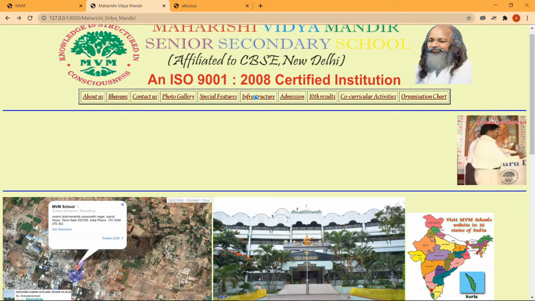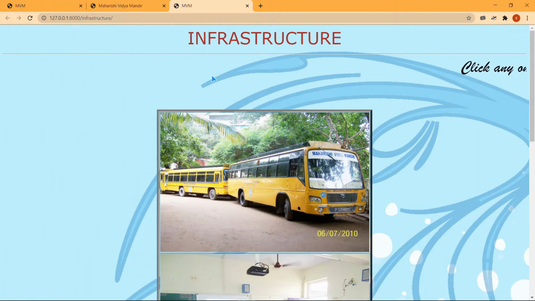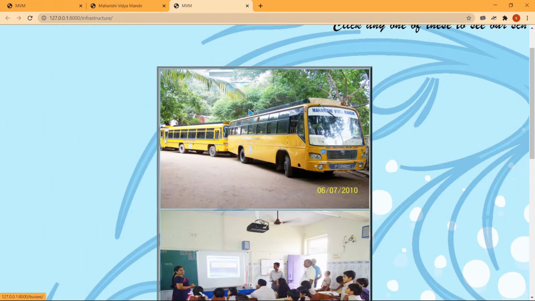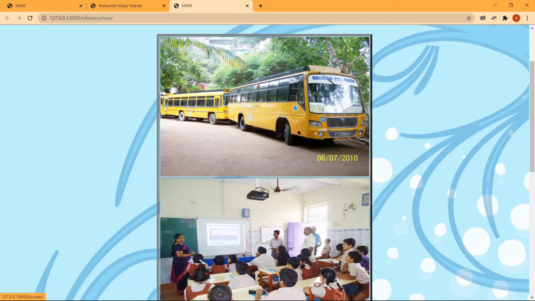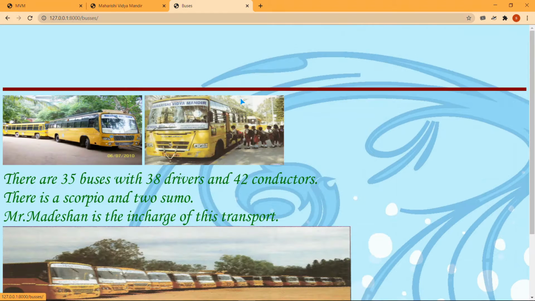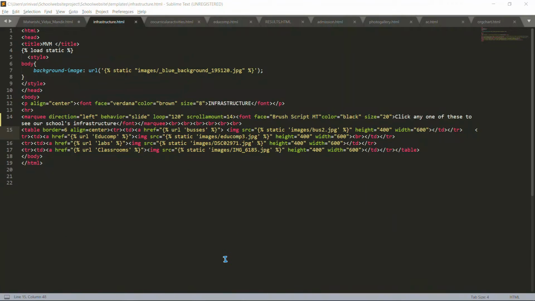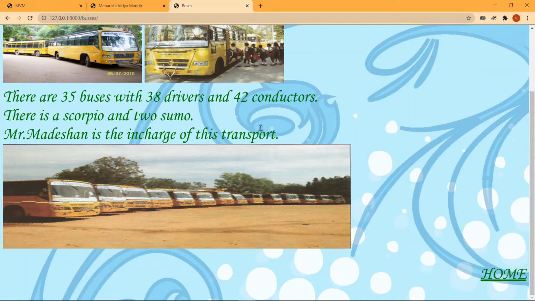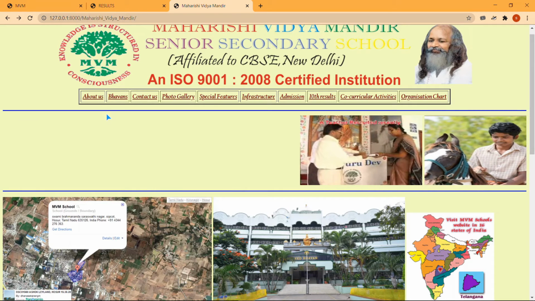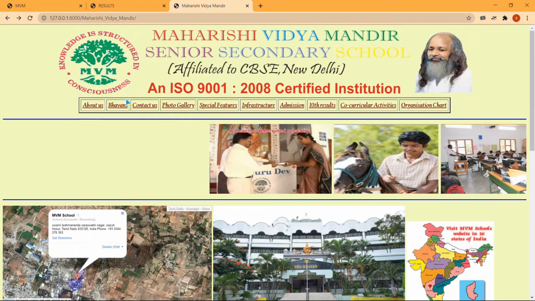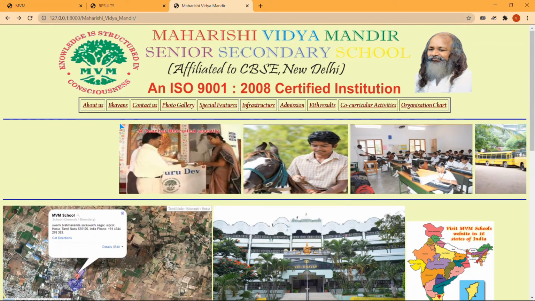And if you see this page, in the infrastructure.html file, I've created an image href. If you click on the image, it will redirect you to an HTML page, and we did that by including an image source inside the href tag, so the same image is converted into a hyperlink. So that's all about the code, and we'll further show you all the HTML pages now.